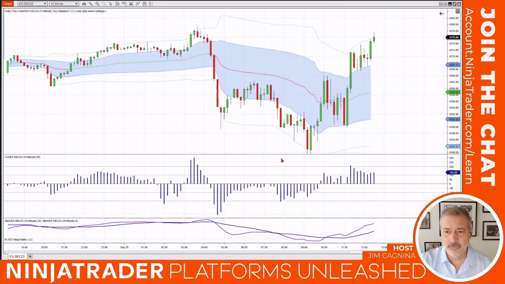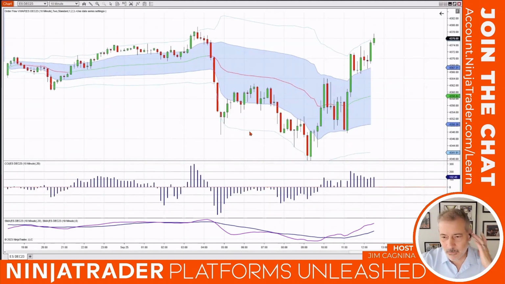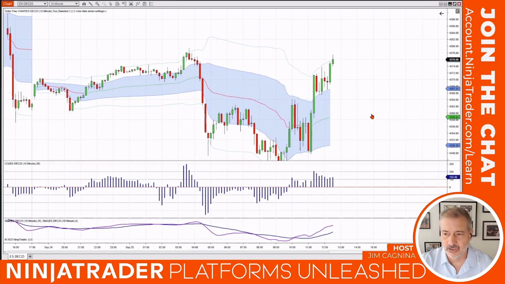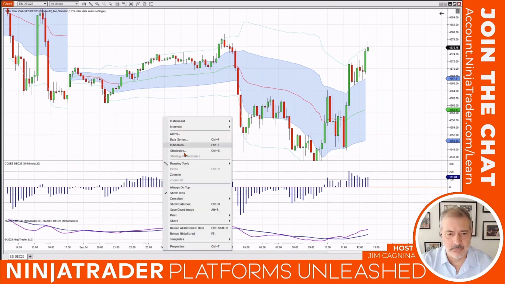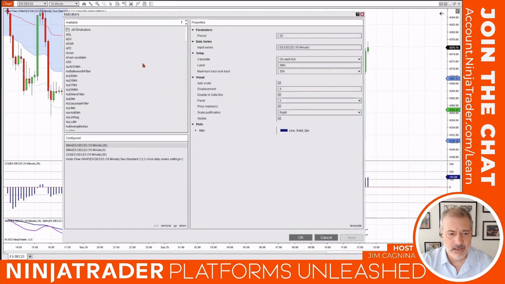All right. So now things are looking up, right? Things are looking a little bit better. And you can continue to play around with colors and settings and all of that stuff as you go throughout the day, as you develop your chart book as well. So I usually add volume profile to my chart also. We could do that, but I think this gives you a good idea on how to add stuff and how to customize stuff. I'm going to right click on indicators again,